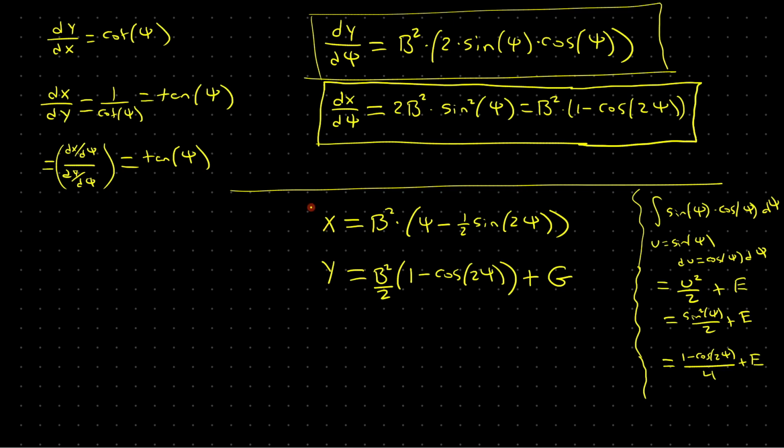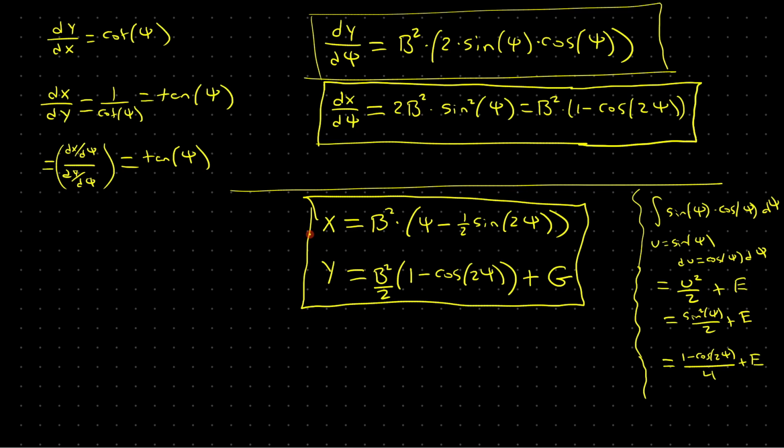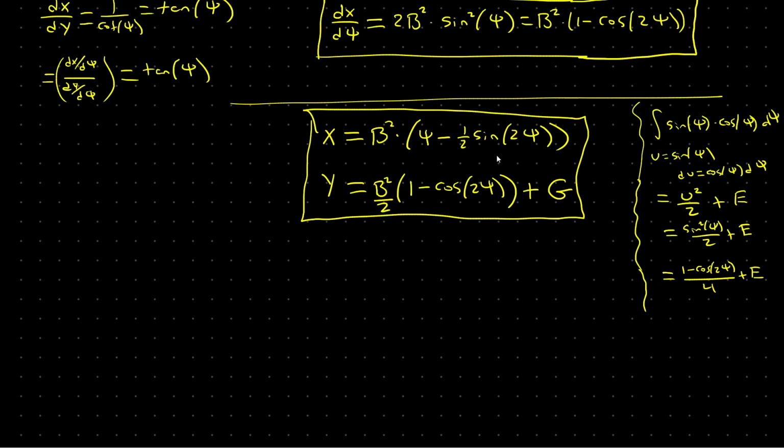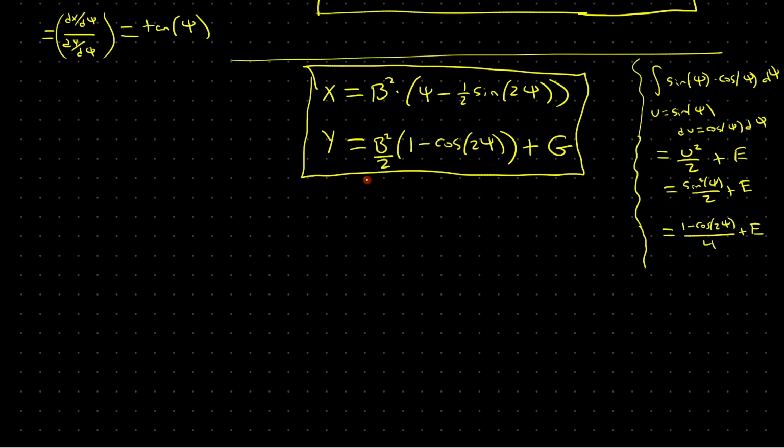So this is the exact solution to that differential equation parameterized by this angle psi. Now, if you go to, say, Wikipedia or some other source to look up the equation of a cycloid, this does not match what you see, but it can very easily be put into a matching form. Specifically, if you introduce the variable theta, where theta is equal to 2 times psi, this expression simplifies a lot. Psi will become theta over 2,